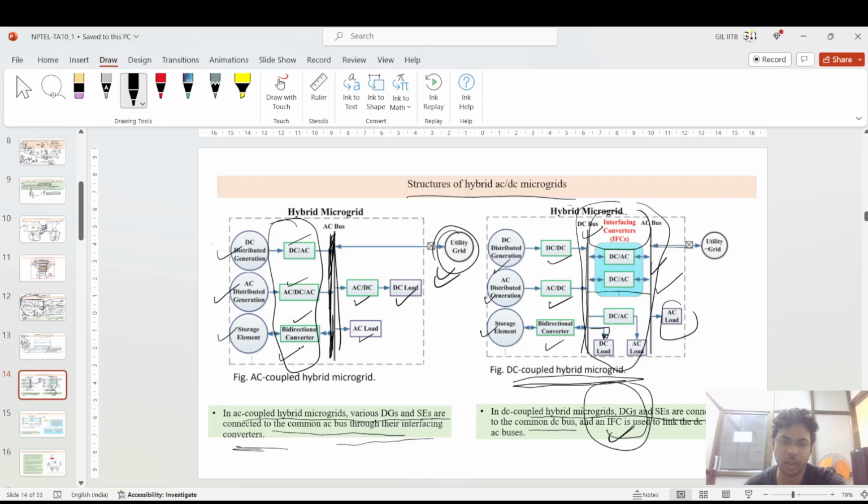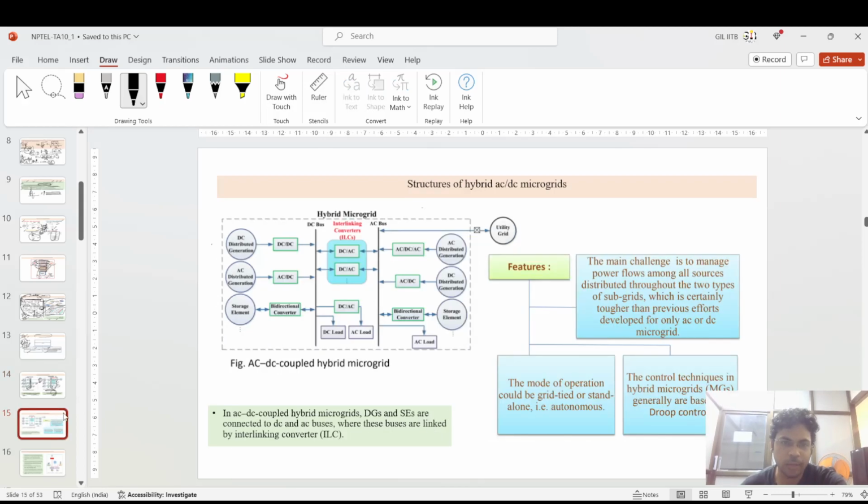These are the interfacing converters. So this is actually the main crux: the back-to-back interfacing converters, and this is also the interfacing converter for conversion. Okay. And coming to the structures of the microgrid, if you see, this is the hybrid microgrid which I was telling about,